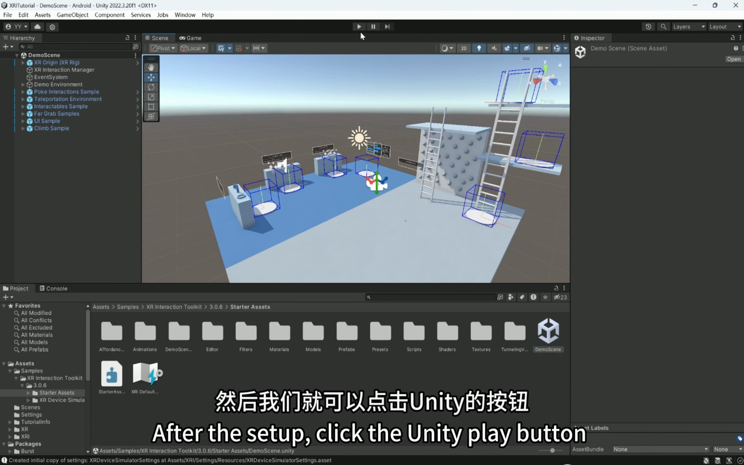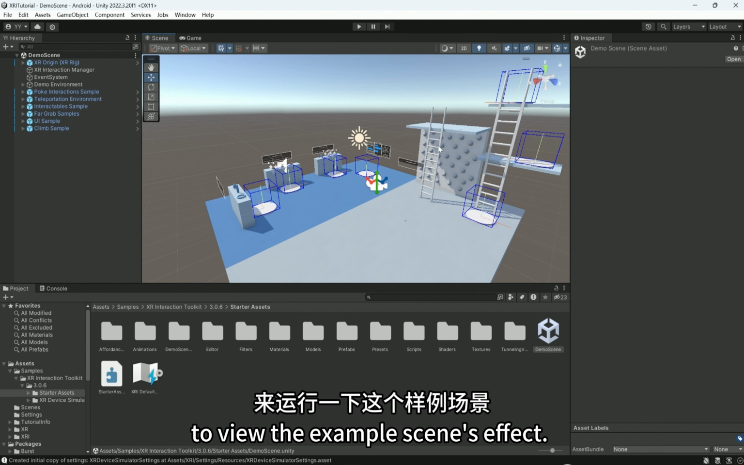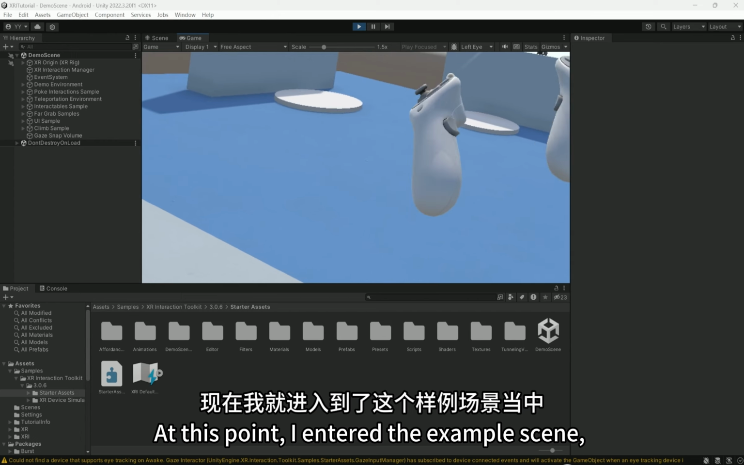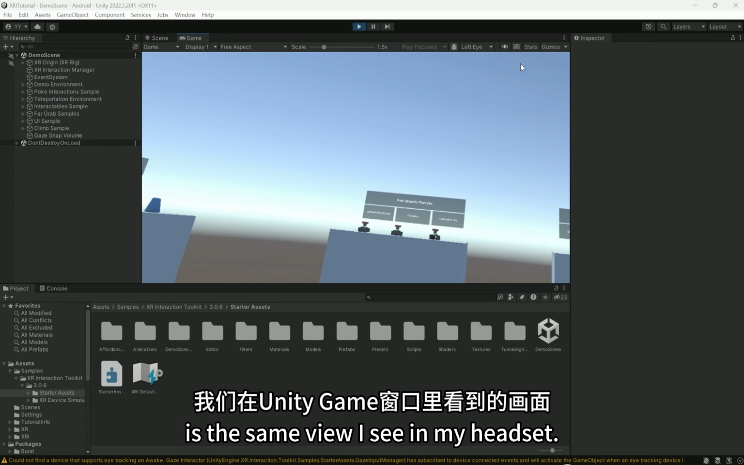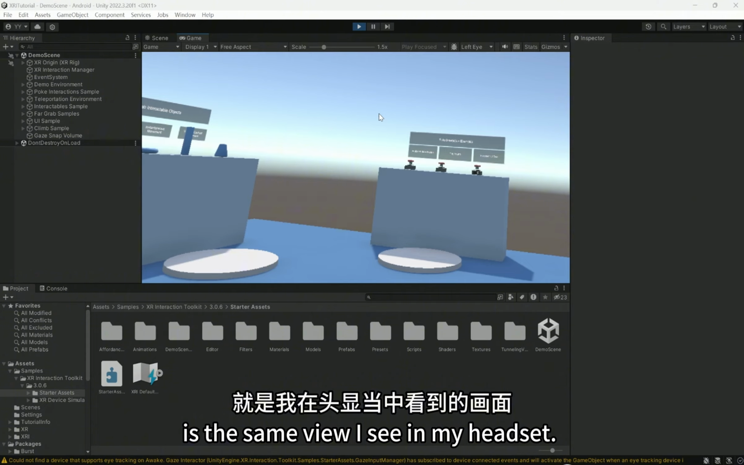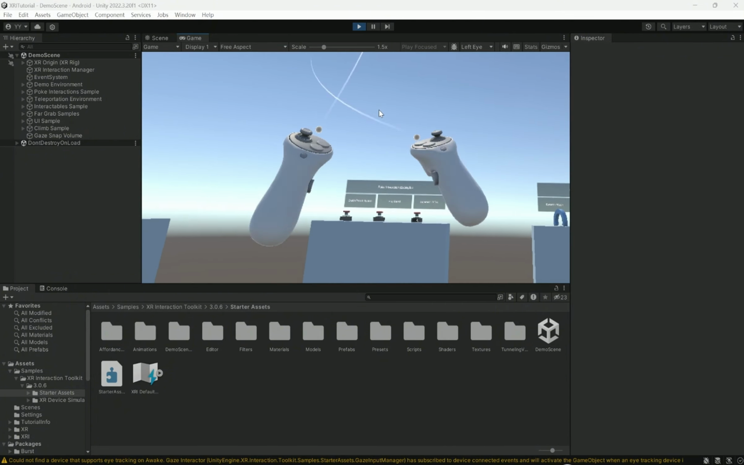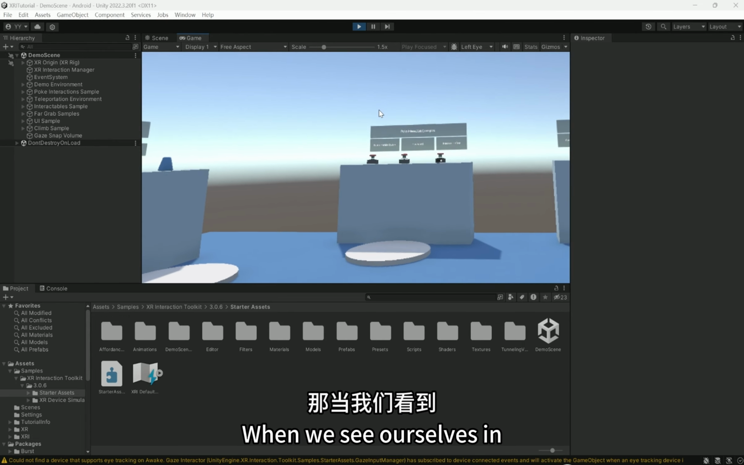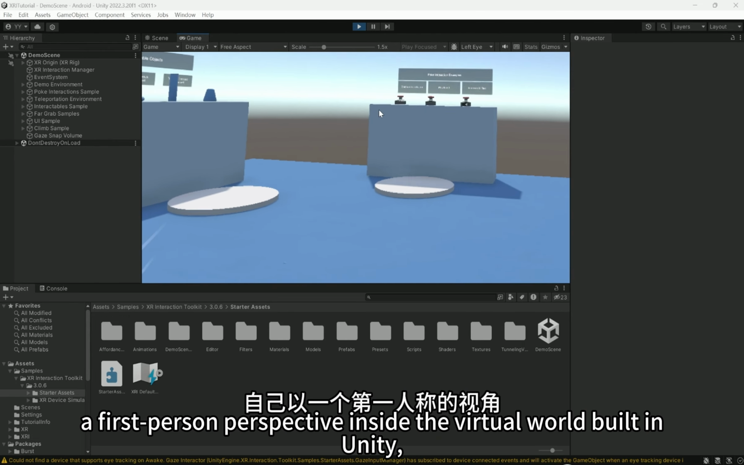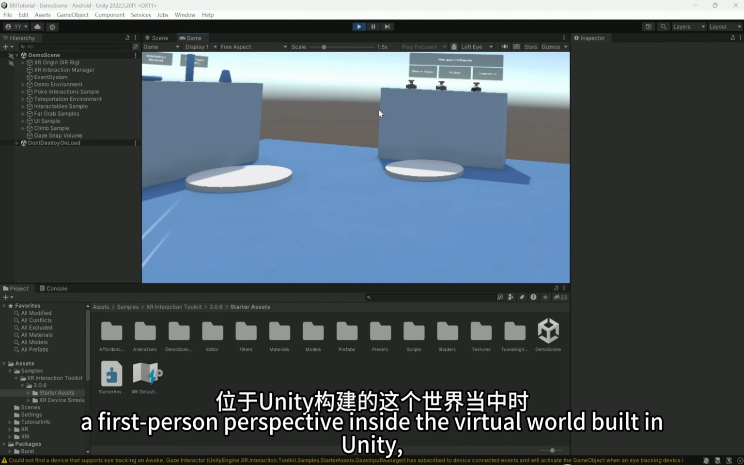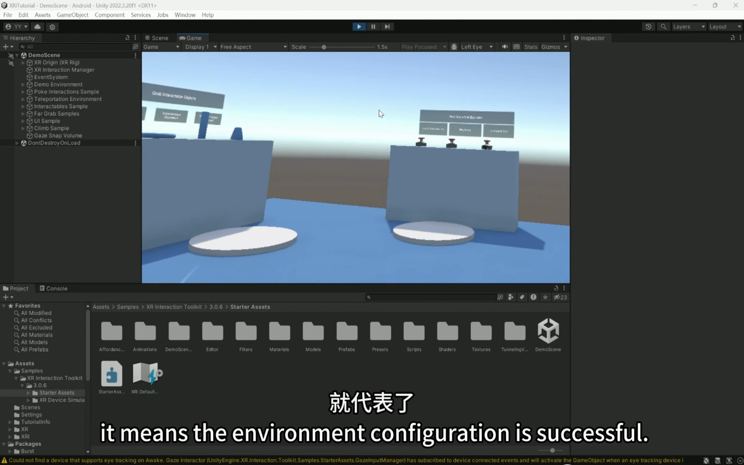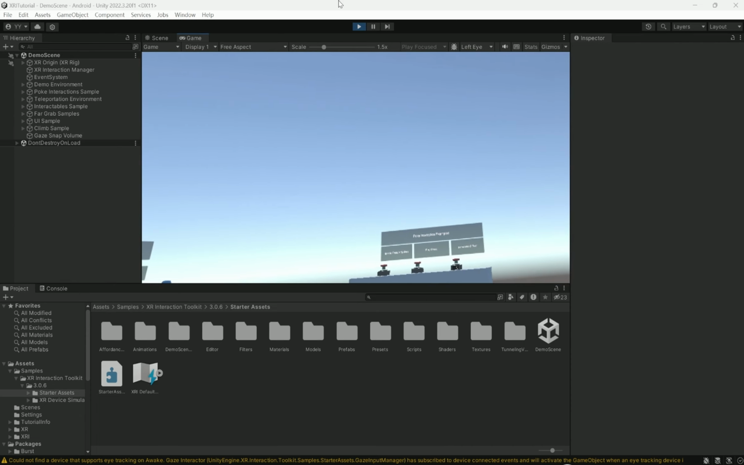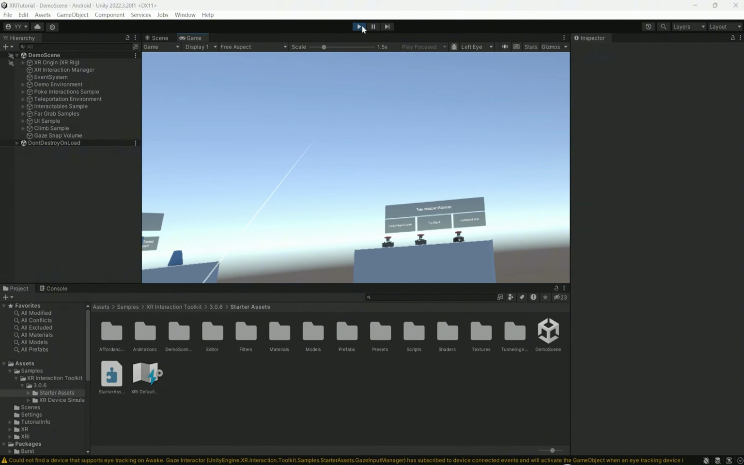After the setup, click the Unity Play button to view the example scene's effect. At this point, I entered the example scene, and the view I see in Unity's game window is the same view I see in my headset. When we see ourselves in a first-person perspective inside the virtual world built in Unity, it means the environment configuration is successful. Next, I exit the scene